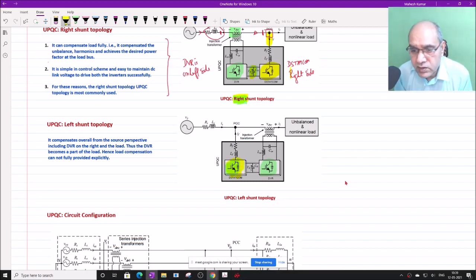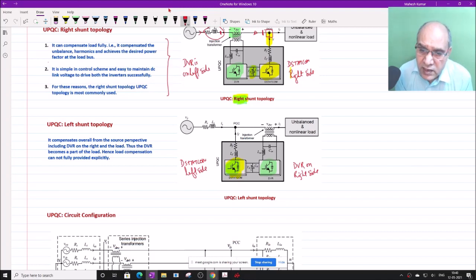Okay, so this is the DVR on the right side and DStatCom is on the left side. Obviously this configuration will maintain the perfect power factor at the source and compensate all the reactive power